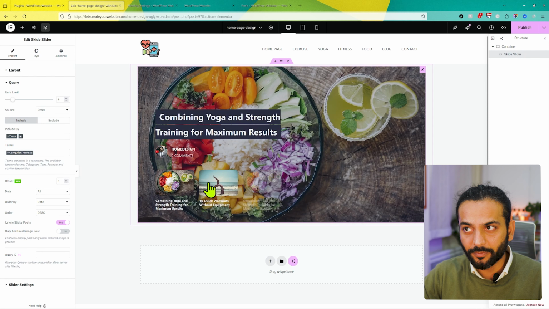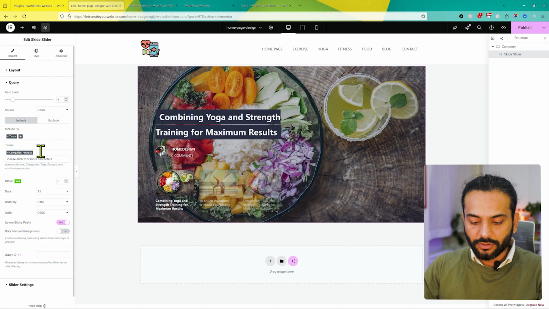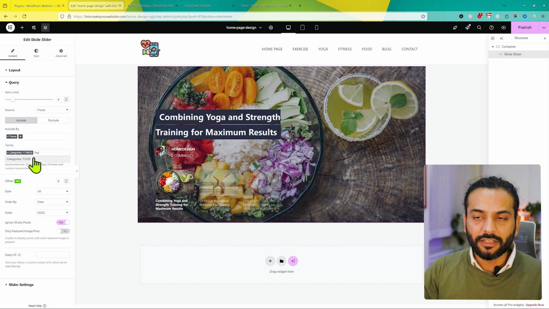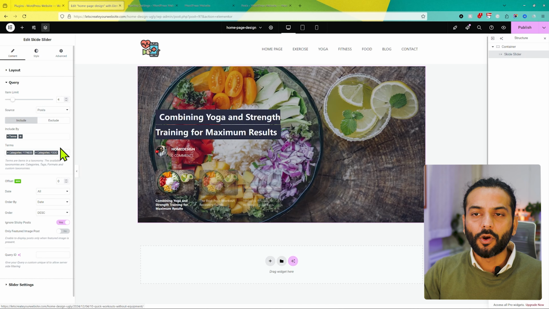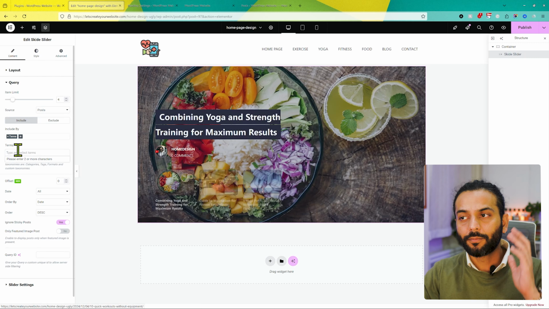There are only 2 blog posts from this category and they are showing here. If you want to add multiple categories, you can choose those. Start writing here. For example, I say food, and you can see the food category will be added here. If I want to display all the categories here, I'll remove everything here and all the posts from every category